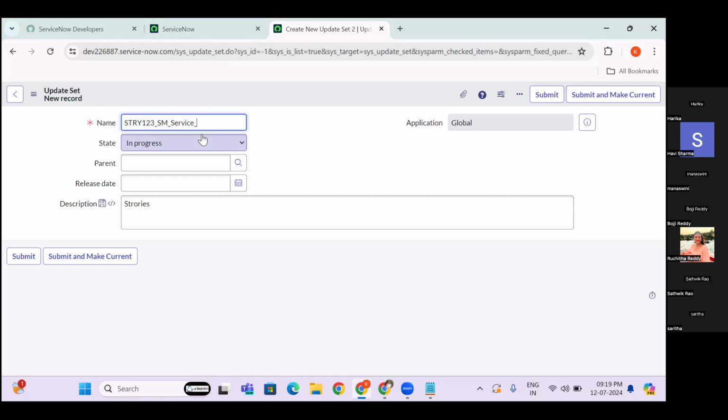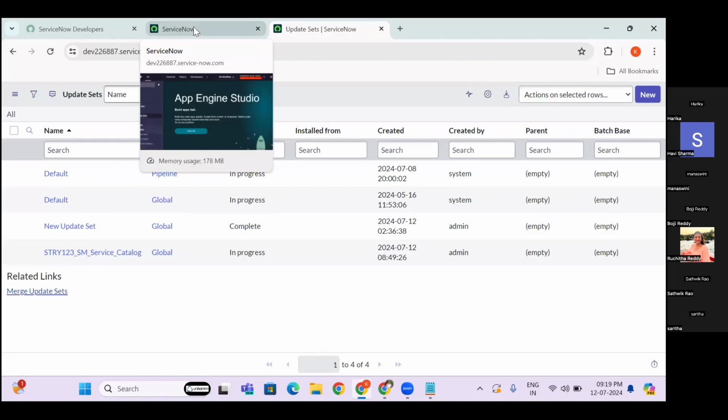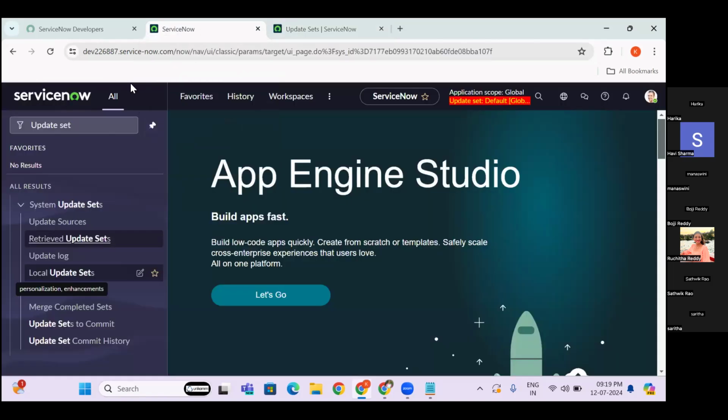So, service catalog. Once you submit and make it current, here if you go and refresh the page,